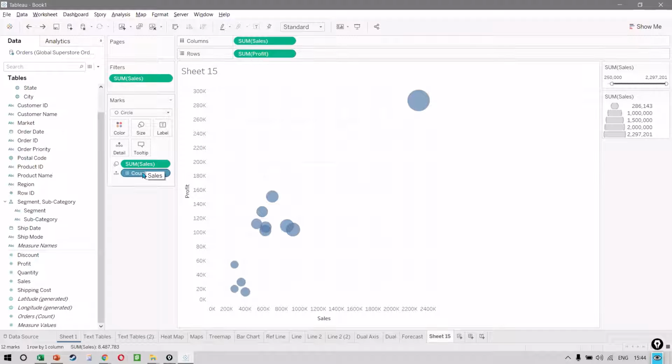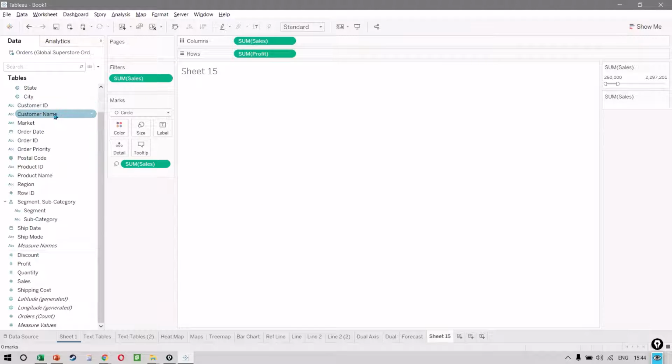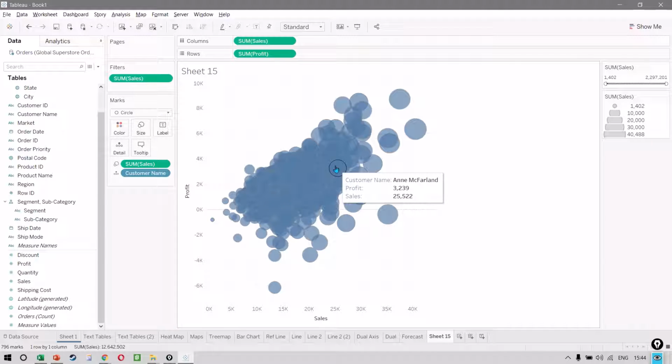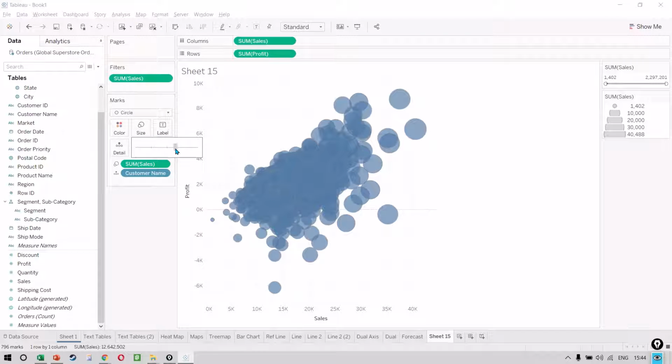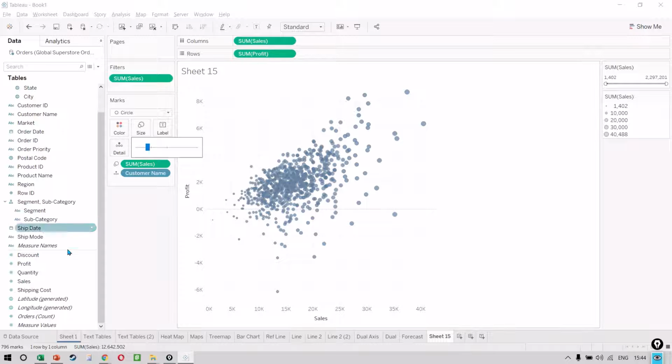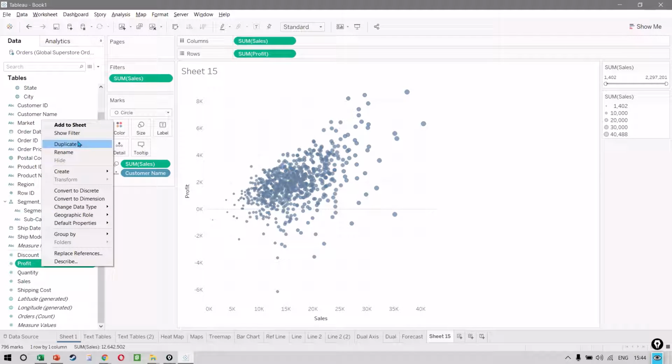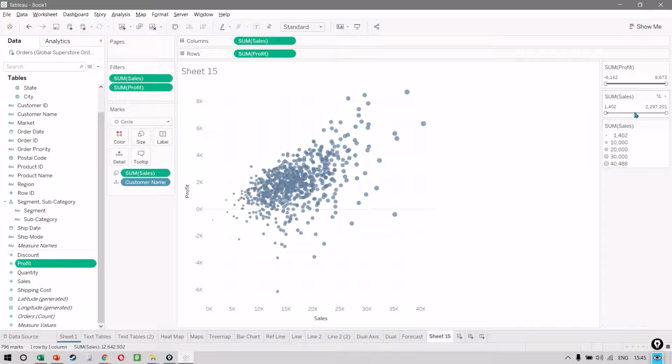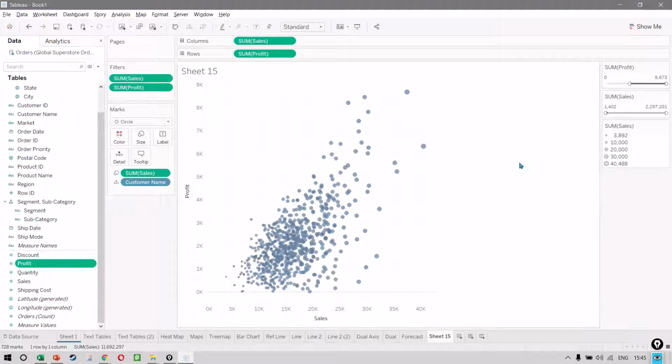Now that we understand the basics, let's keep country out and let's keep customer name in detail. And again, you notice that it looks a little odd right now, but we can decrease the size. And more importantly, we only want to focus on a specific area. For example, I want to keep my profit as a filter as well. And I want to say that only show me the customers who are profitable. So we'll keep this range as starting at 0. And now it is only telling us that these are the customers that are profitable.